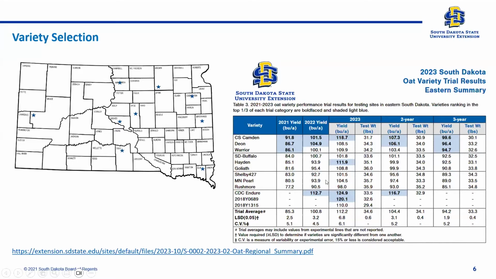And this is a snapshot of the yield summary for the eastern region. I have only put that in as the yield table, just to bring it to your notice, but you can also go to our website, which is underneath as a URL, and get a little more detailed version of these tables and maps. And you can even get the other traits like disease tolerance, grain quality, lodging, and maturity, not only yield.